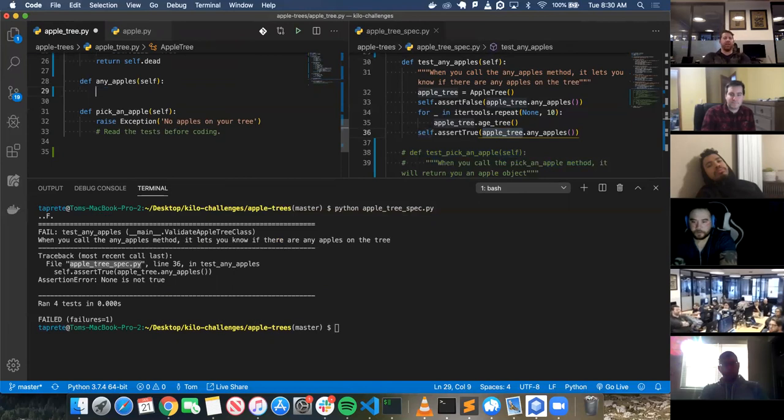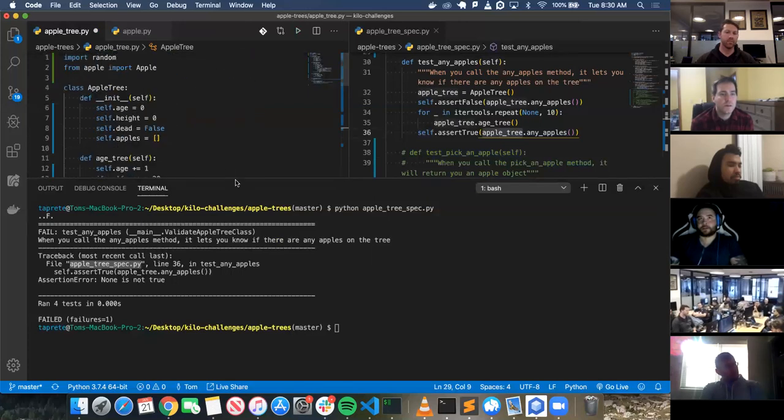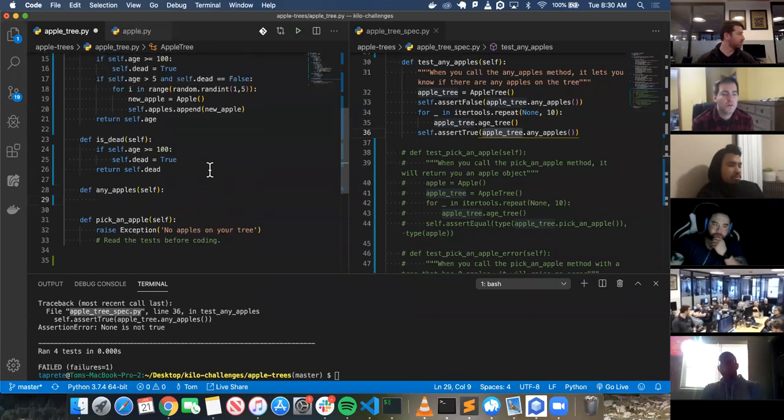So how can I test whether or not there's apples on the tree? George, how can I test whether or not apples are on the tree? Check it. So that is false. There could never be apples on the tree though. Like what if this random is 0, or I guess there'd always be, but there's an easier way to,